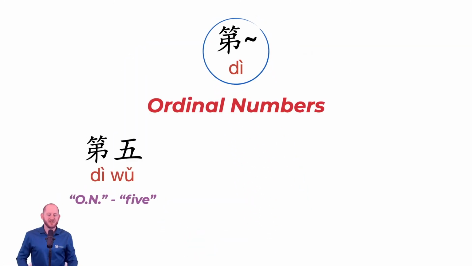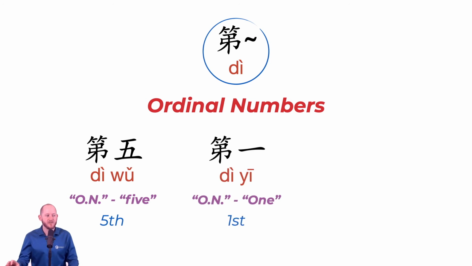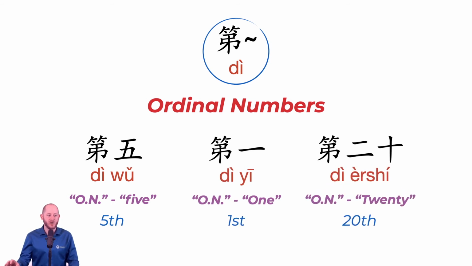Finally, let's talk about 第. This is really simple. Ordinal numbers. So how do you say first, second, third, fourth, fifth? 第五. Ordinal number plus 5 is fifth. 第一, first. 第20, 20th. Now, I will say this. 第一 can often be used in a noun form to kind of indicate that somebody is your first priority. 他是我的第一. He's my first priority. You know, he's my number one, right? But generally speaking, it's a very simple ordinal number system. Just put 第 before the number, and it just means that number in a ranking of ordinal numbers.